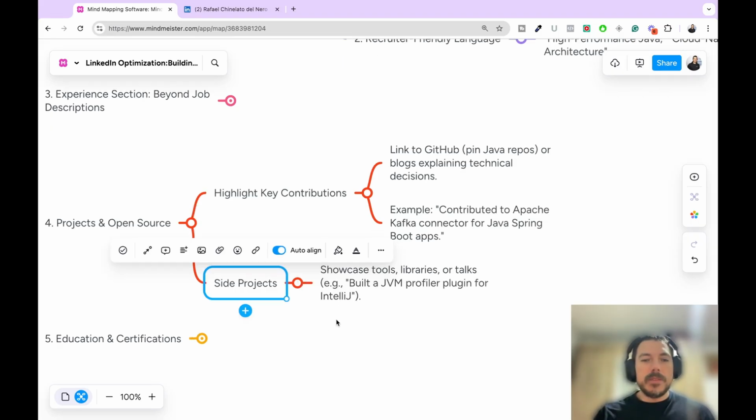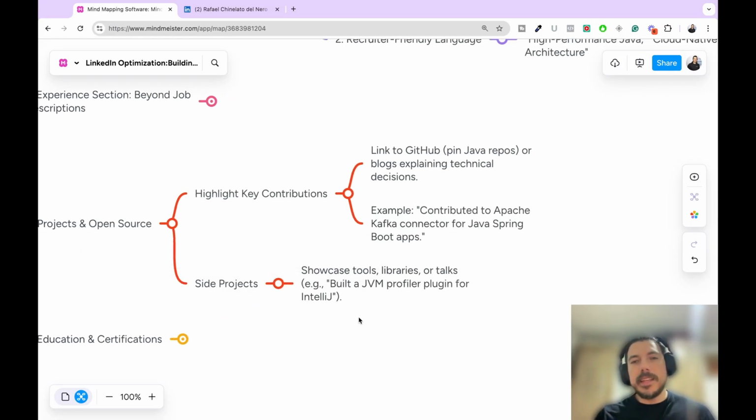I also think about side projects. And nowadays, it's easier than ever to create side projects because you have the ultra powerful AI, right? We have AI. We can write code through AI, basically, right? If we don't know how to write a piece of code, we can say, hey, AI, write this thing for me.